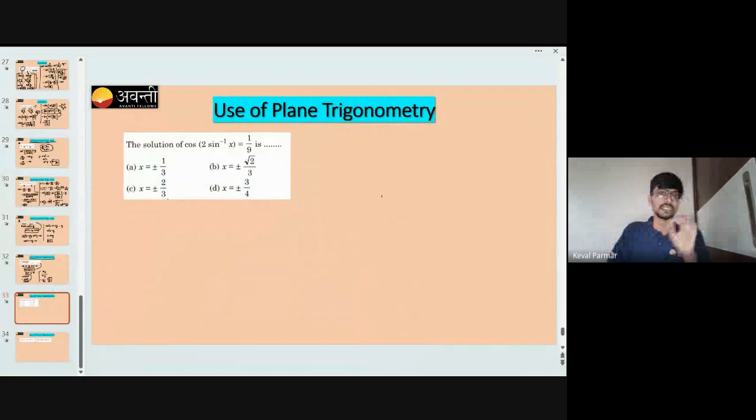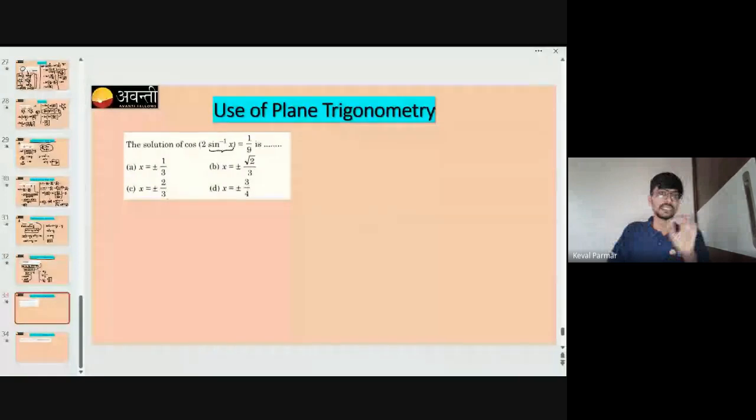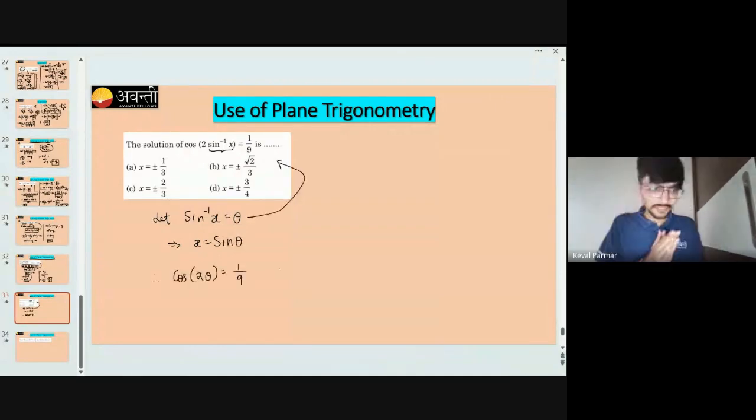Let me tell you that to use plane trigonometry, let one of the inverse trigonometric functions be theta. As you can see here, the inverse trigonometric function is sine inverse of x. So let sine inverse of x equal theta. Then by definition, I can write x equals sine theta. So if we convert the question from inverse trigonometry to plane trigonometry,